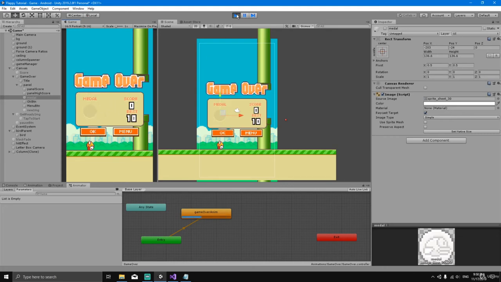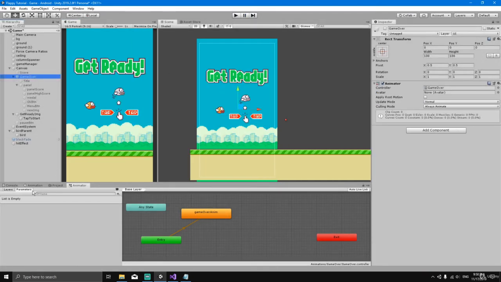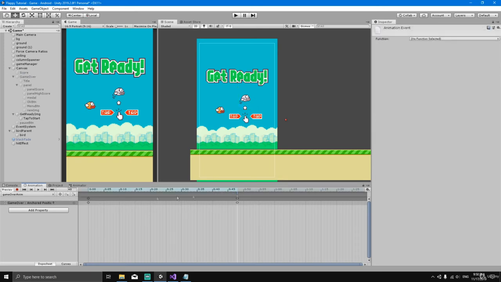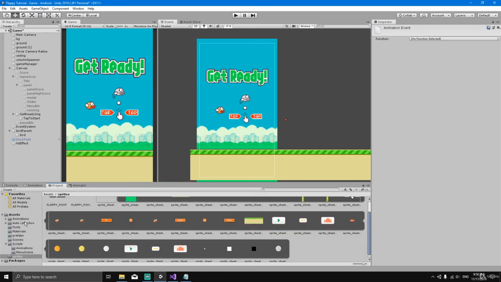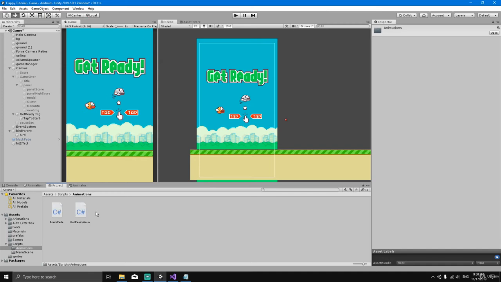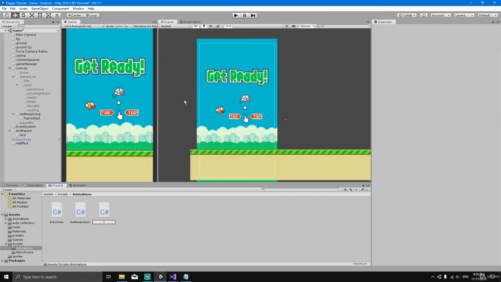All right, so now what we want to do is create an event in the game over object animation. So when the animation ends, create an event, and in this event we're going to call a function. But to do this, we need to first create a script. So let's go to the project, to the scripts folder, and inside the scripts folder, let's create a new script. We will call the script game over anim,